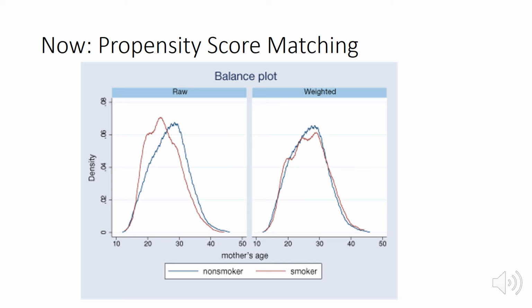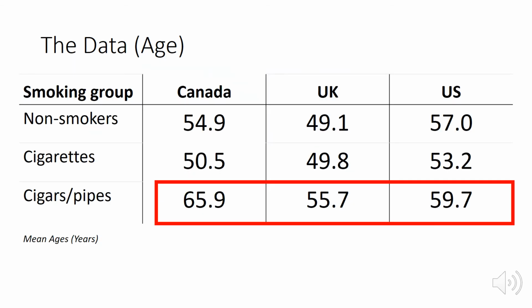Well, Elizabeth, you already hinted at this, but the first thing we have to do is collect those data. We have to get data on age. And yeah, cigar and pipe smokers, on average, are much older than non-smokers and cigarette smokers. So maybe if we want to achieve covariate balance, if we want to balance our comparison across